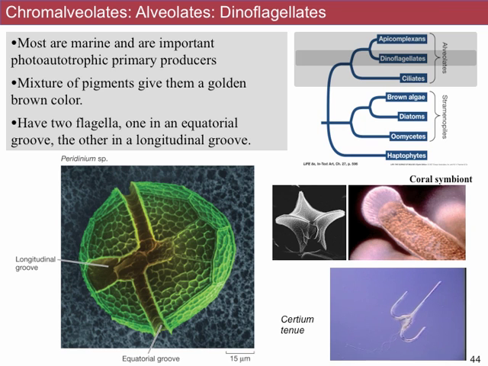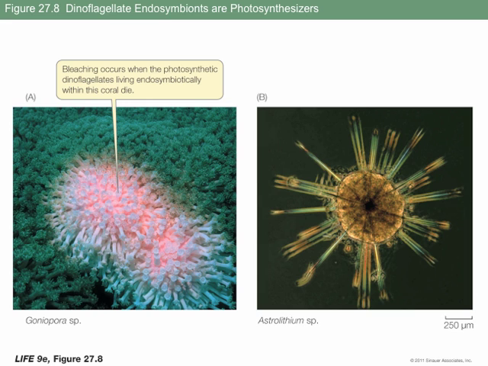As you will see later in the class, one of the interesting things about Dinoflagellates is that they are symbionts of coral. So the photosynthetic parts of many coral are dinoflagellates. If you have bleaching of coral, it's partly because they've lost their symbionts. Dinoflagellates are also the cause of many of the toxic red tides that you see in various coastal regions. They're also responsible for a lot of the photosynthesis on the planet.